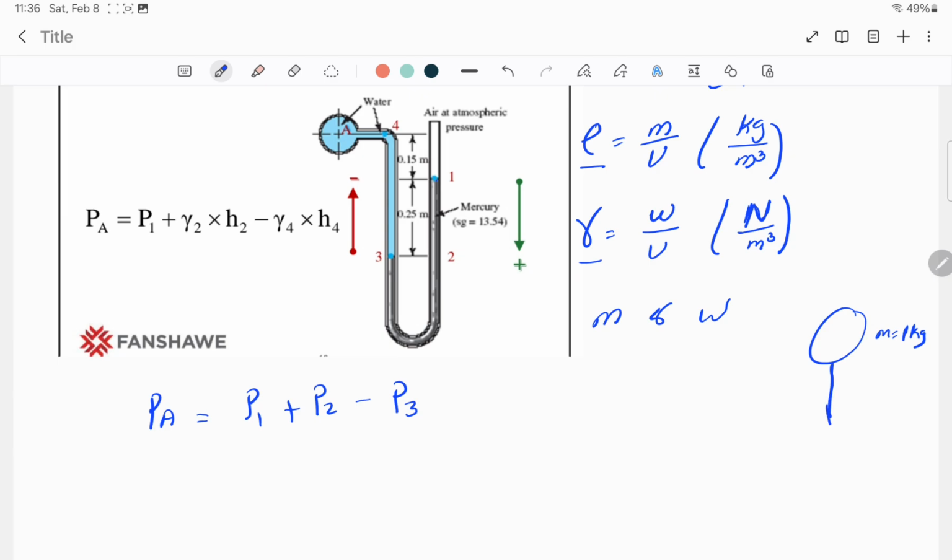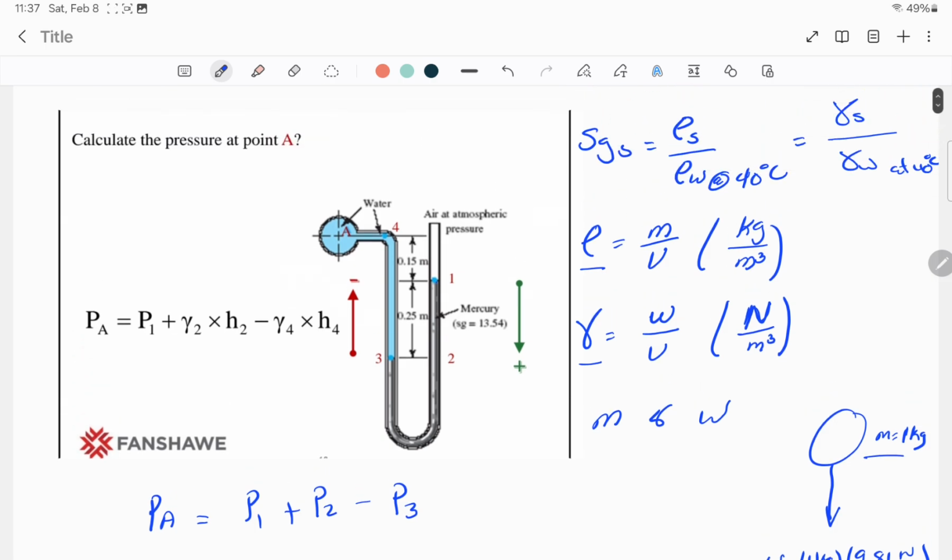But the weight of that falling rock is basically a force, which equals the mass, 1 kg, times the gravity, 9.81 newtons per kg. So the units cancel, kg with kg, and the weight will be 9.81 newtons. So that's the difference between weight and mass, and that's the difference between